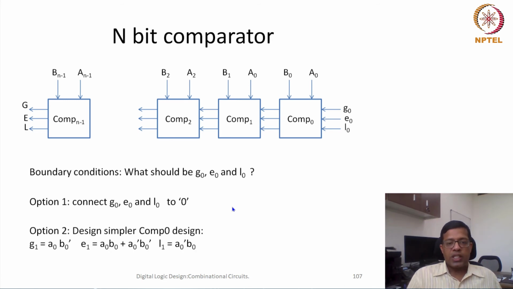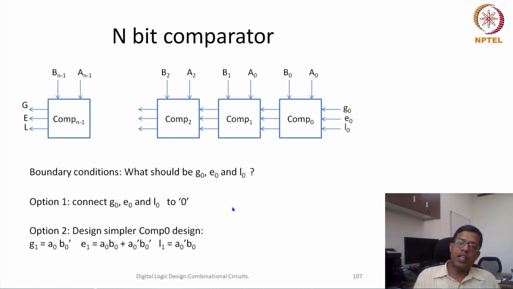Okay, so the overall design is something like this. Now this was from right to left. Can we design it from left to right also? Actually, in case of comparator, we can do either way. So even if it is designed from left to right, then also it is possible to write these equations and create a comparator design which is iterative and which is comparing bits from left to right. But yeah, you can take it as an exercise and do it as your tutorial or a homework.